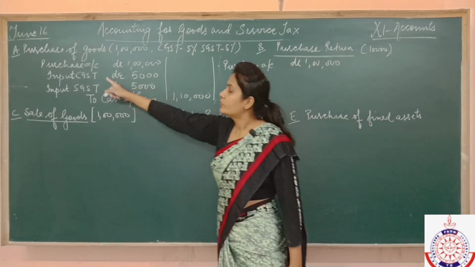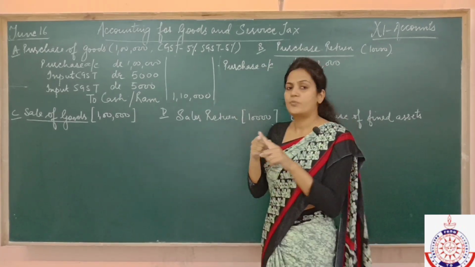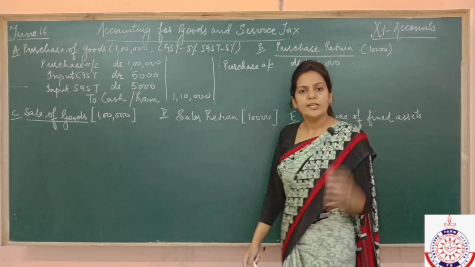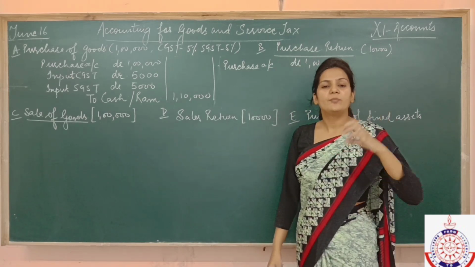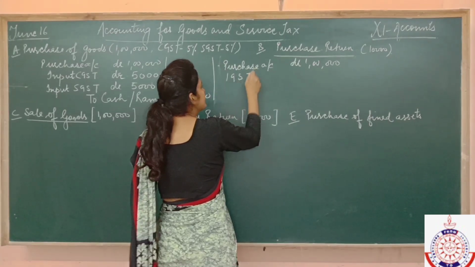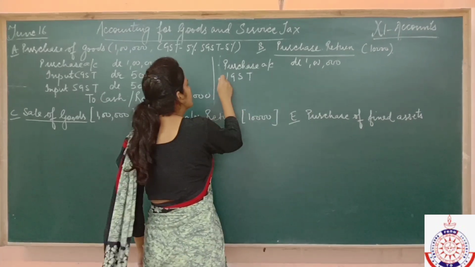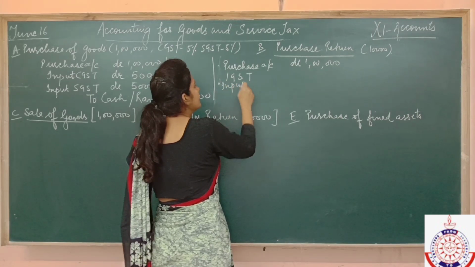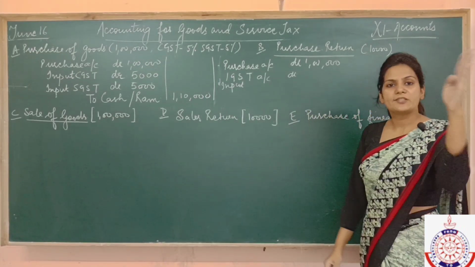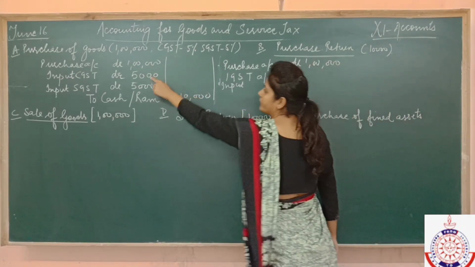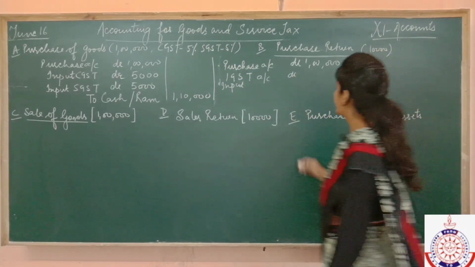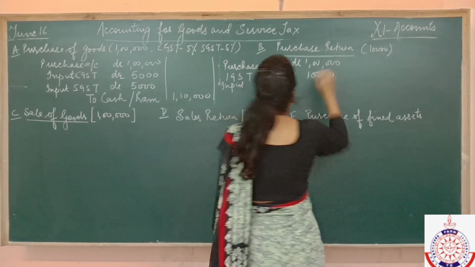Then, as I told you, in case of sale and purchase between two states, we don't charge CGST and SGST. Rather, we combine them, we join them, and we make one integrated tax which is known as IGST. Got it? And then you use the word input IGST account will be debited. And IGST is equal to SGST plus CGST. It means 5,000 plus 5,000, or 5% plus 5%, equals 10%. So here IGST would be 10,000.